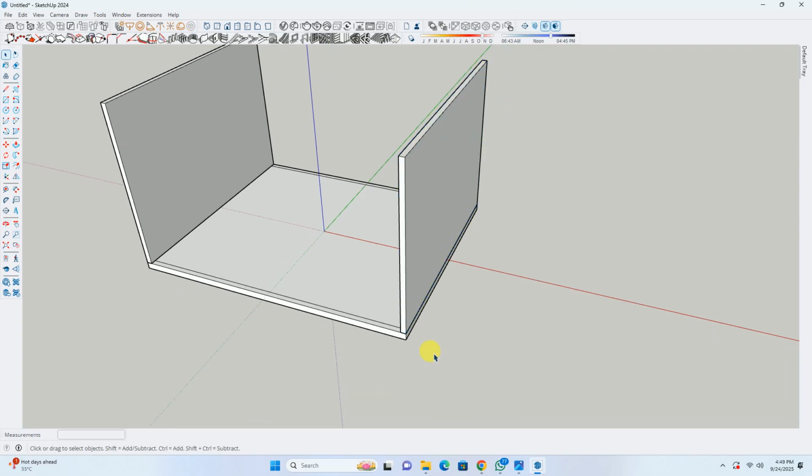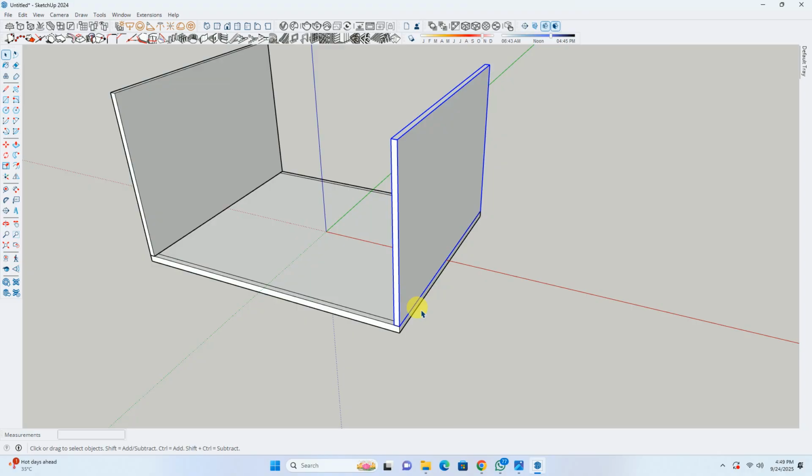Okay, so for that, first of all, we'll select the object which we want to rotate. Then what was the shortcut key for rotate, Ashutosh? R? It's R or Q? Sir, Q. Yeah, it's Q. Okay. In SketchUp, the shortcut key for rotation is Q, not R. R is for rectangle, right?